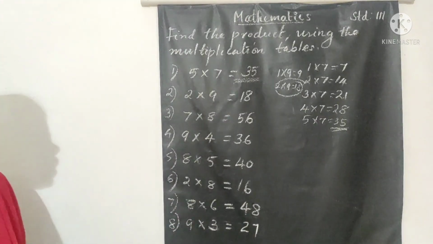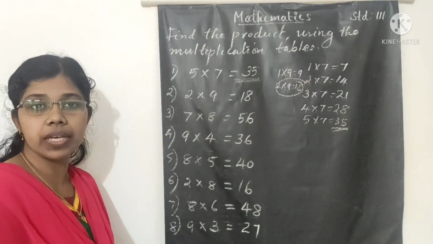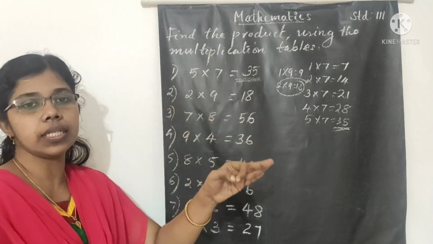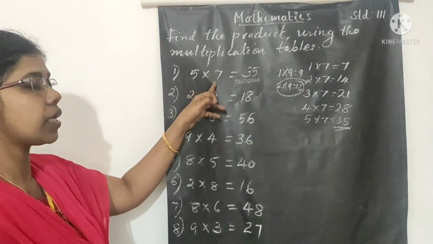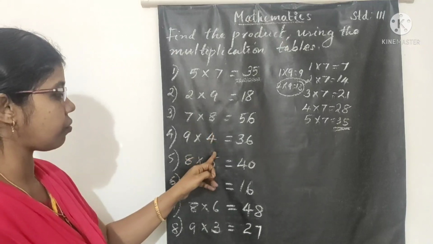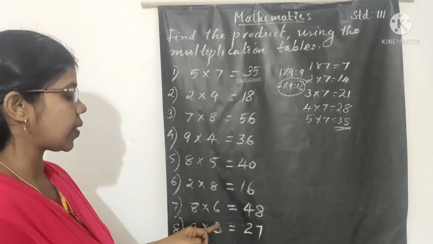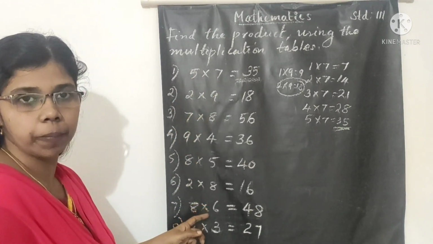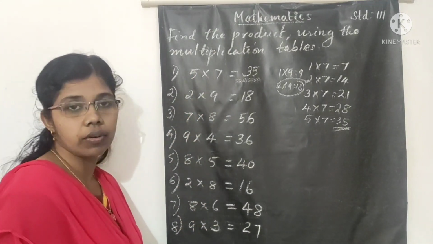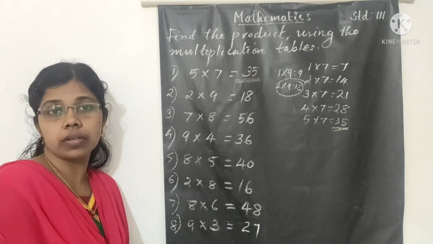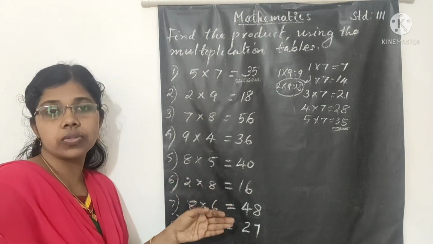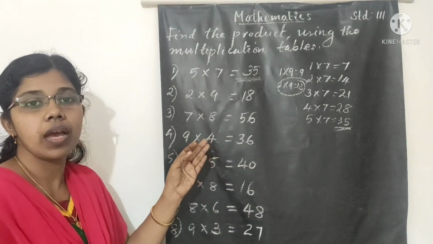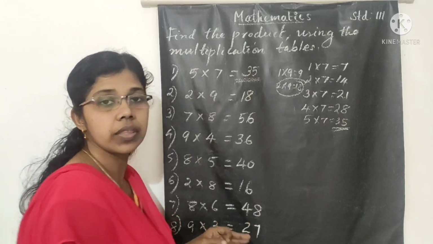Okay. Here simply using multiplication tables. Our multiplication table 1 to 10. Here we used the multiplication tables of 7, 9, 8, 4, 5, 8, 6, 3. Otherwise use these tables also. All of you understood how to find the product of one-digit numbers using the multiplication table? Yes. Next we have to study a two-digit number multiplied with a one-digit number.